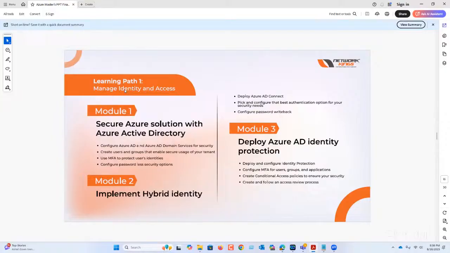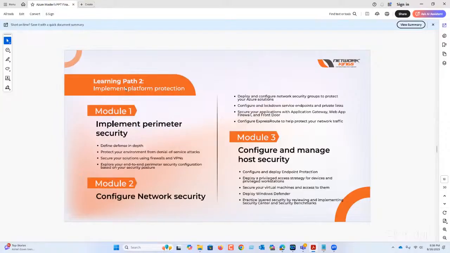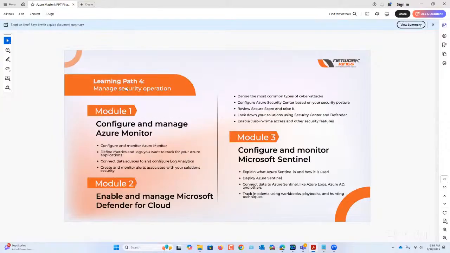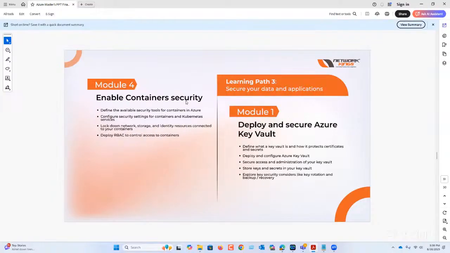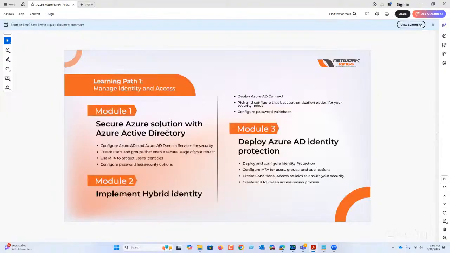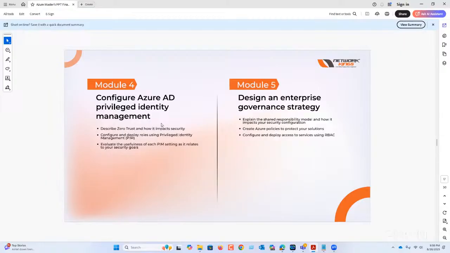Learning path 1, if you see, learning path 2, learning path 3, and learning path 4. So in these learning paths, I subdivide it into some parts: Entra ID security, hybrid security, password writebacks, conditional access, privileged identity management, and governance.